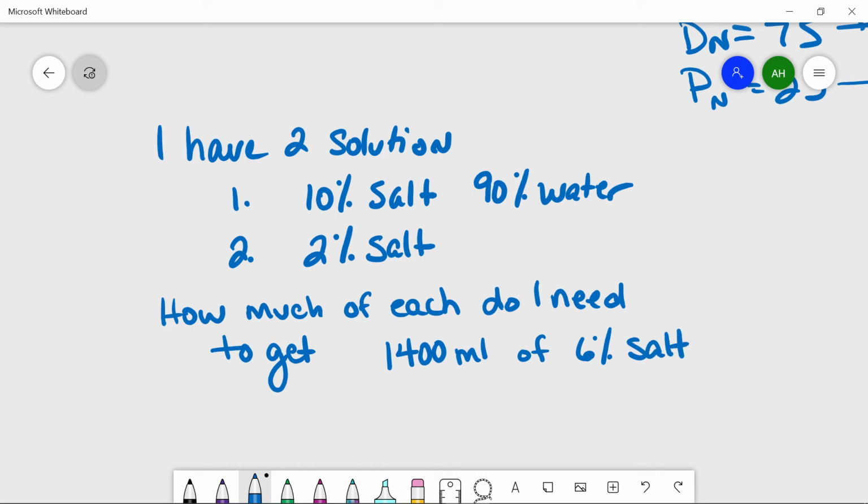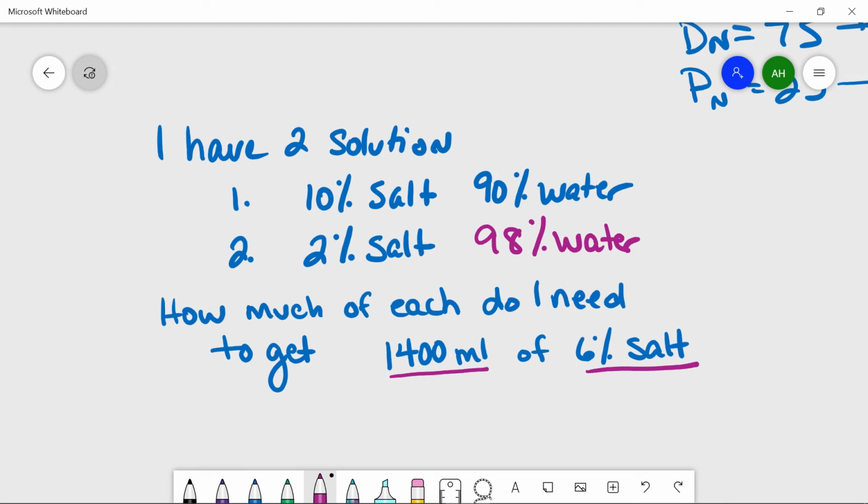So I have two containers. One container has a solution with 10% salt, 90% water. The other one has a solution of 2% salt. This is all they're telling us in the problem, but what I can assume from this is that this is also 98% water, right? Okay, so then I've got those two containers, and now I want to pour into a third container some amount of each of these, such that I end up with 1,400 milliliters of solution, that 6% of that solution is